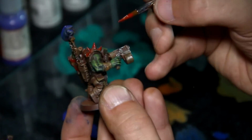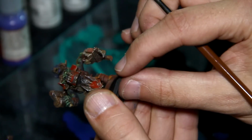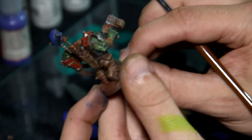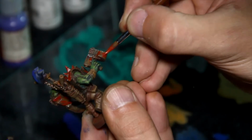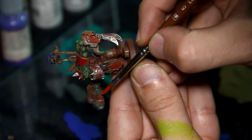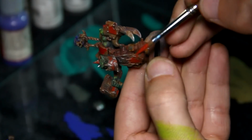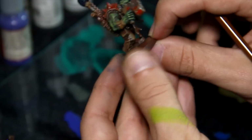So there's a little icon on his gun. You can just paint that or unpaint it. Maybe his ammo can. We got an ammo drum on his slugger. Paint that. All right, and then